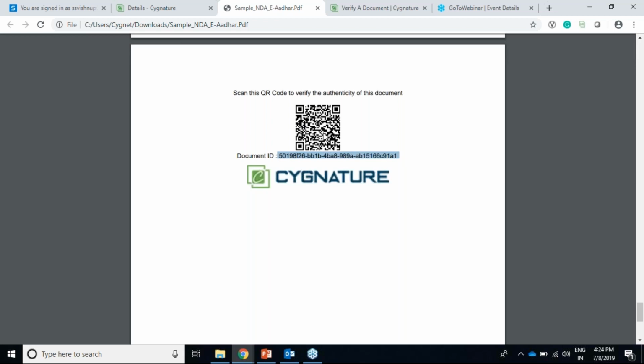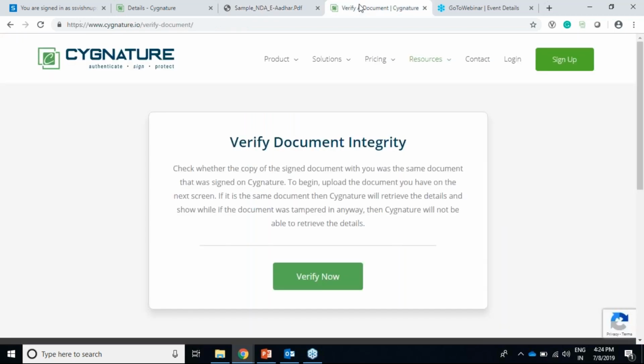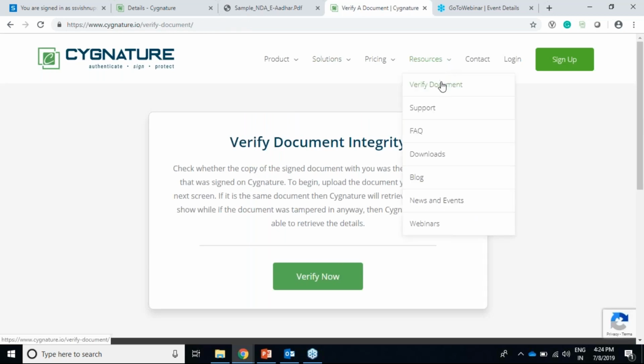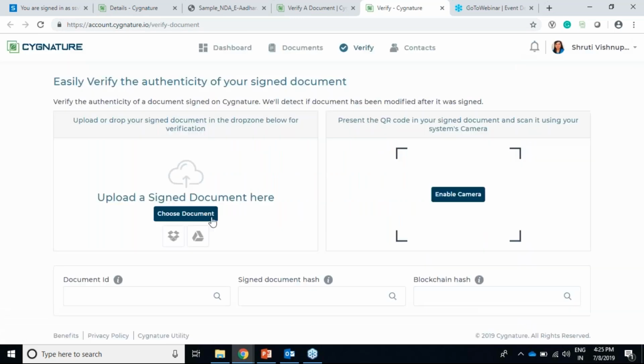Because I have appended a QR code verification on this document, I can just select this ID. You have this option, verify document on the website. Anybody who's not on Signature, who's not a user of Signature, who's a guest user, anybody, if he has this document ID, can verify the document. So there are a few options here to verify the document.